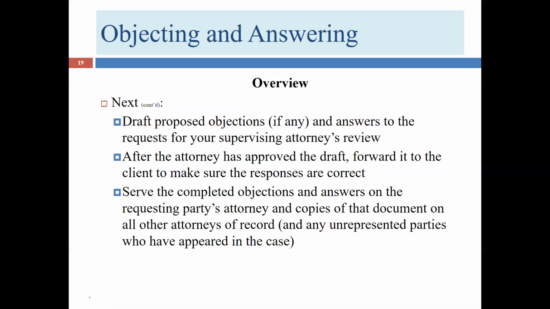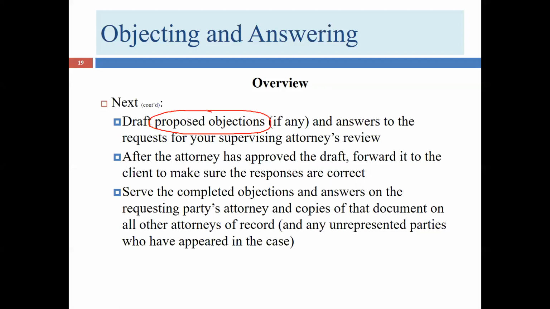So at this point, after you've talked to the attorney and you've reviewed the documents, you're now prepared to draft some proposed objections. Again, you're likely to use some previous responses to requests for admission that you've prepared or that someone else in your office has prepared as a starting point, so you're not reinventing the wheel. If you don't have access to something from your law firm, then you can go to some form books that would include that information. And if you don't have access to those, then you can look to the actual Federal Rules of Civil Procedure and cut and paste that language so that you are as close as possible to parroting what the rule